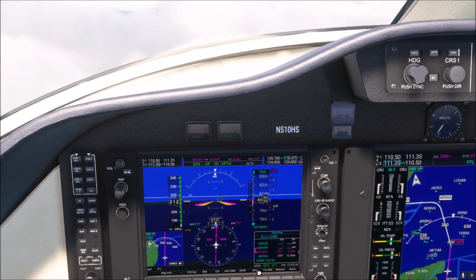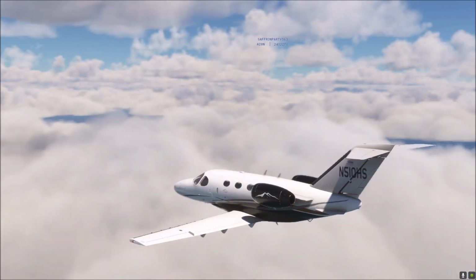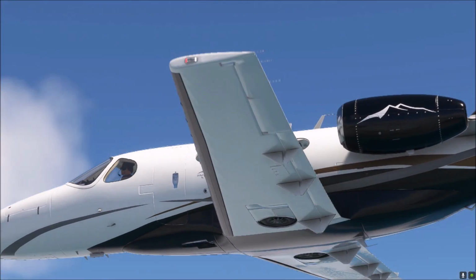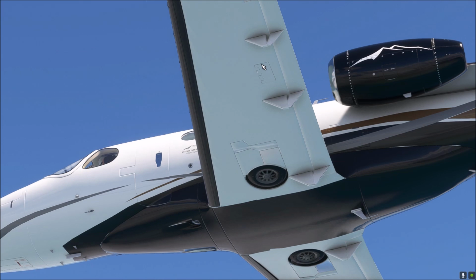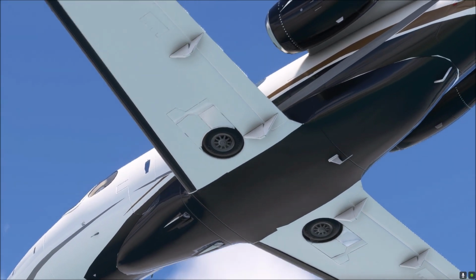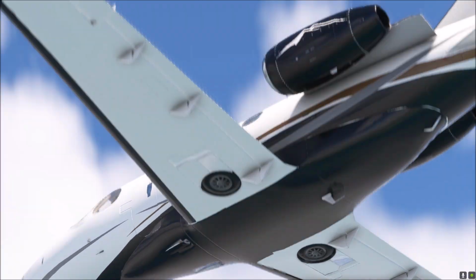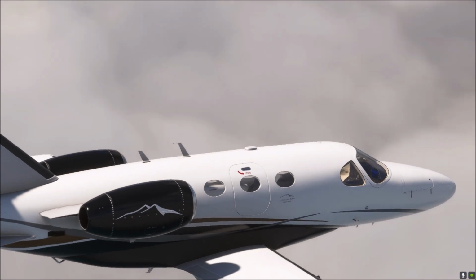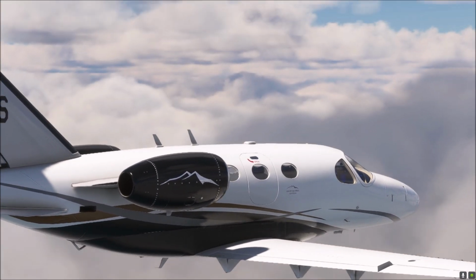This thing here has got tiny little speed brakes, and they operate not just on the upper surface, but they also operate on the undersurface. You can see it here. Right there. And on the top, I can't see if there's enough contrast. So they are there,